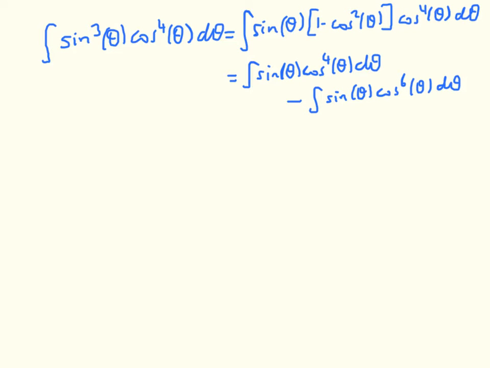And both of these integrals can be performed with a simple substitution, or in my opinion more easily with integration by inspection. So if we just look at it, we realize that this is the derivative of cosine. We have cosine to the power of 4, so if we had cosine to the power of 4 plus 1, cosine to the 5, when we differentiate it we'd bring down a 5, we'd reduce the power to 4, and we'd multiply by the derivative of cosine, which is a minus sign. So to get that right, what we can say